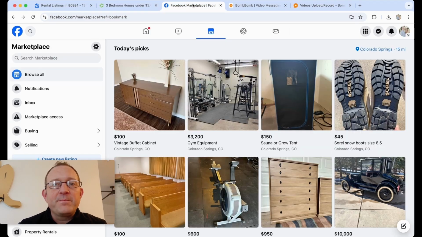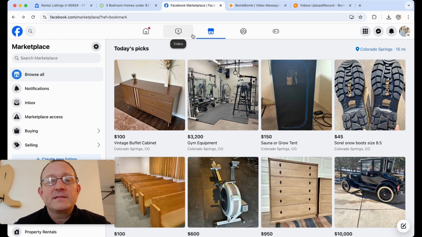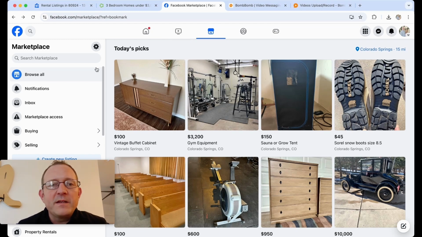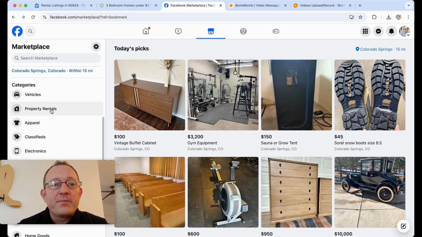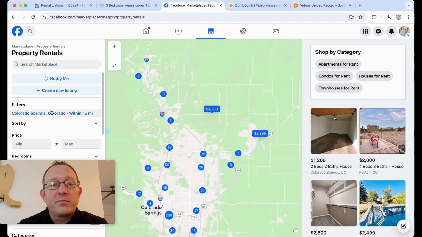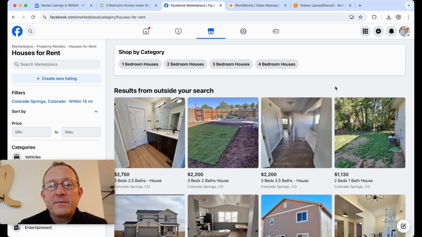And then lastly, the last one I want to show you is Facebook Marketplace. I never realized how valuable Facebook Marketplace is. It's another location where private landlords can post their listings, as well as corporations, those that are being professionally managed as well. But you open up your Facebook page and then come down here to the marketplace, click on property rentals, and then you can click on what you're looking for: townhomes, houses for rent,